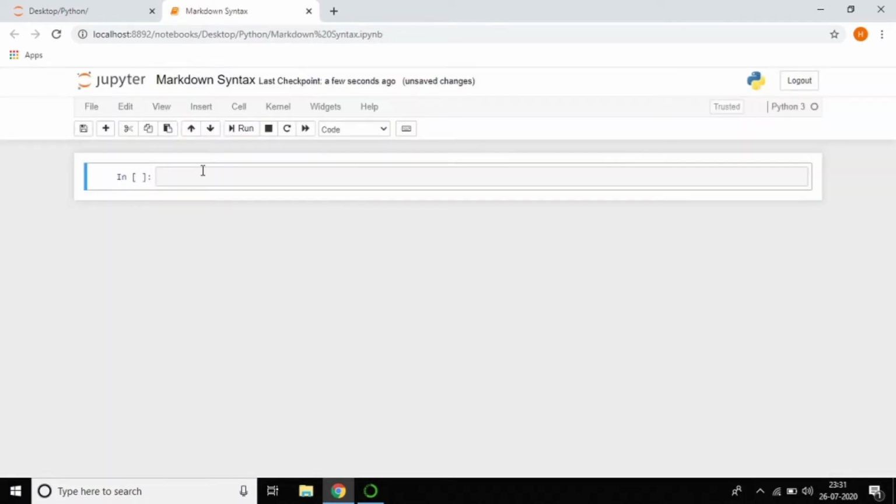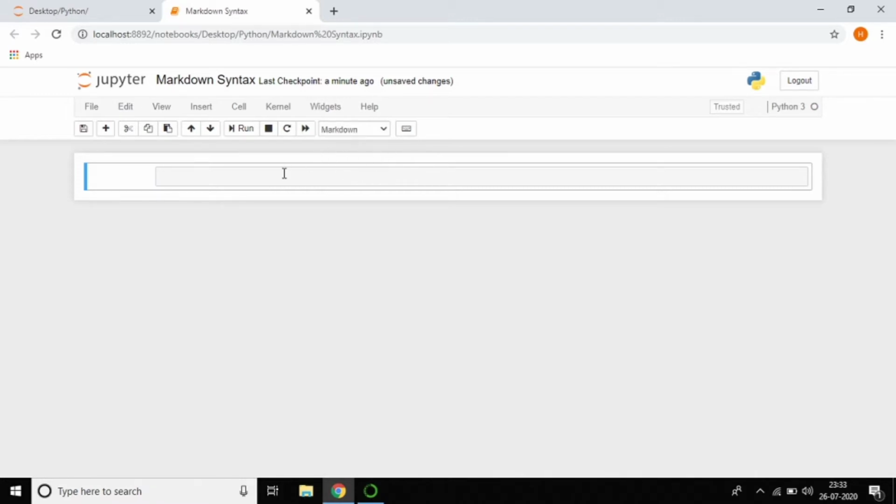First of all, what is Markdown? Generally, if you are a coder, or if you have a little bit of knowledge of web development or anything, I think you have heard the word Markdown. Markdown means if you are writing any documentation, you need to write something, right? So change this cell into a Markdown cell. How can we do it? The shortcut is M. Do you observe the cell changed into Markdown? So now we are working with Markdown.